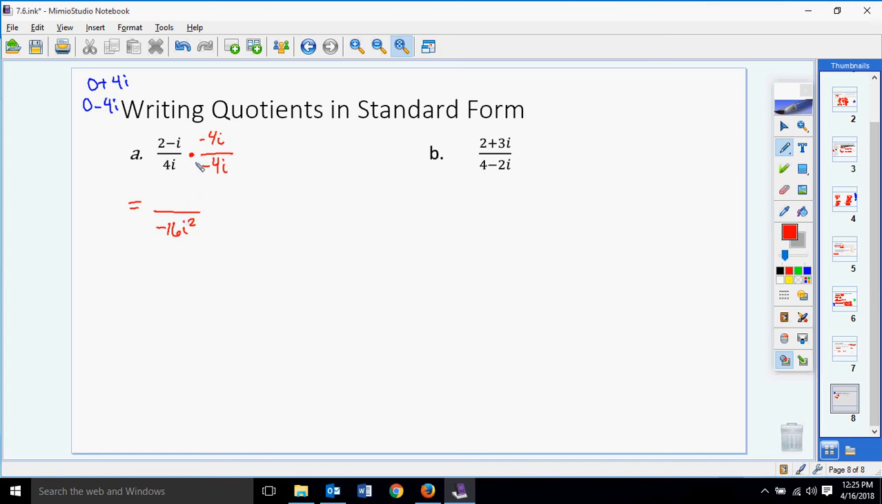Up top, I'm distributing this to each item. So a negative 4i times a 2 would be a negative 8i, and a negative 4i times a negative I would be a positive 4i squared. And let's just keep simplifying. Negative 8 times I can't simplify, but I squared, I know that's a negative 1, so that would change that to a negative 4. And in the bottom, I have